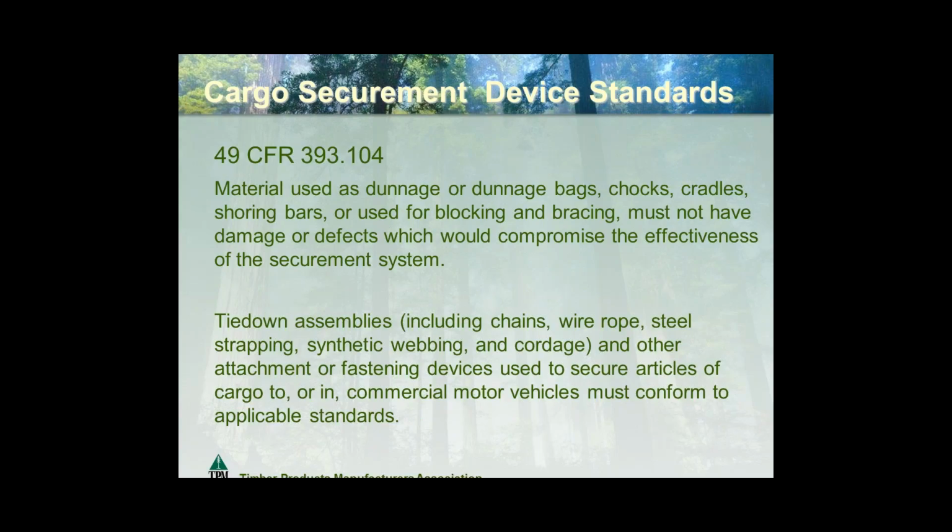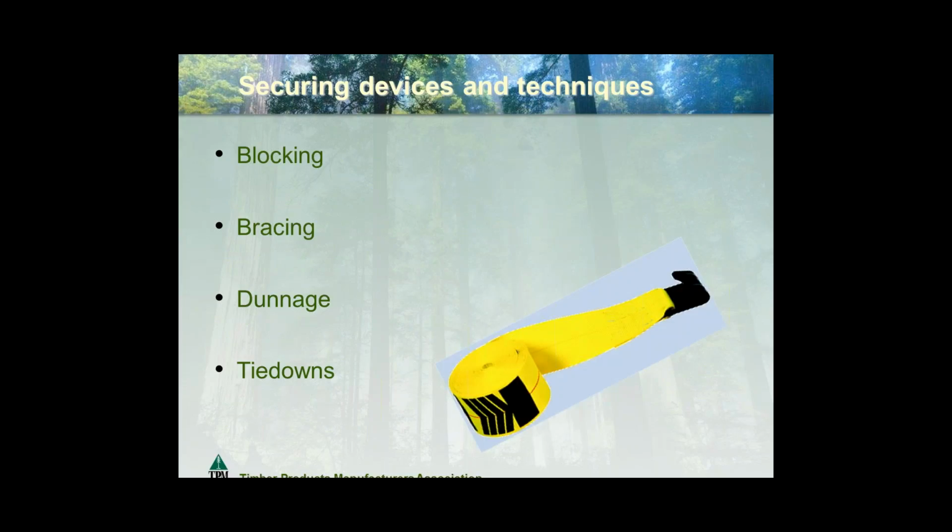Tie downs and other attachment or fastening devices used to secure articles of cargo must conform to the standards. There's a whole list of standards that goes through, and depending specifically on what you're using, there's a standard that tells you exactly the engineering of what you have to have. So, some of the other blocking, bracing, dunnage, different tie downs. Depending on the specific products that we're moving, there are specific tie downs that should be used that will